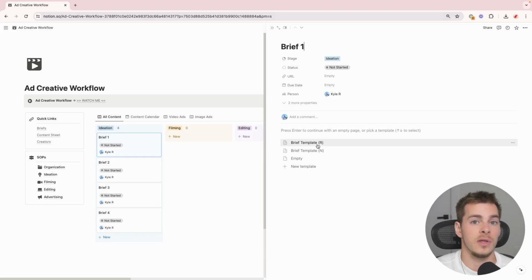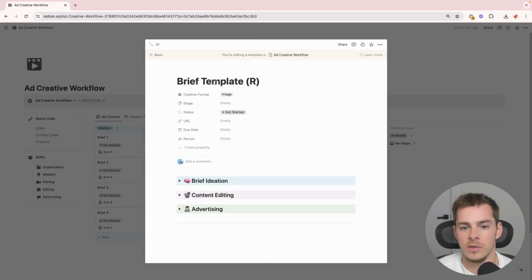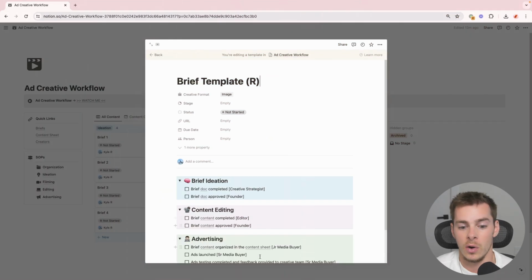If you value things like stop motion graphics, then you can totally add additional creative variation types. Now, the only core difference between these 2 templates is that this one doesn't have a filming stage because we're going to be using existing repurposed content. So it's just going to have the idea. Once we have that idea and the creative strategist has found the raw content for this project, we tell the editor, they edit it, and then we advertise it, right? So it's just these 3 core stages.